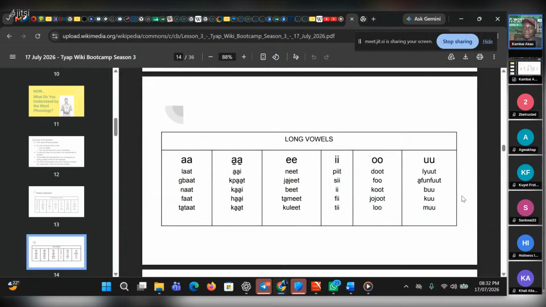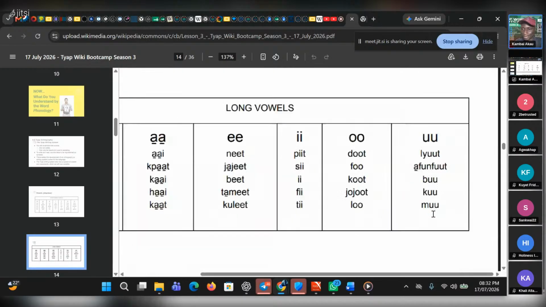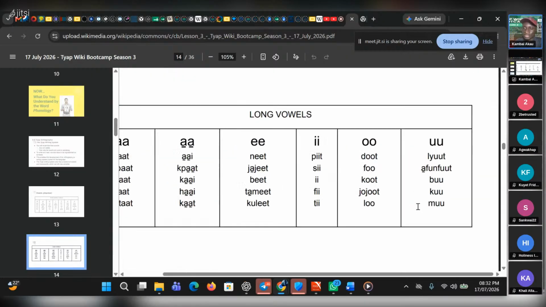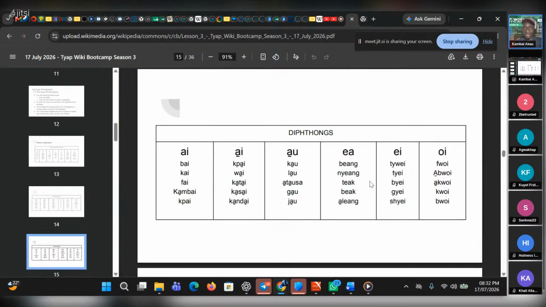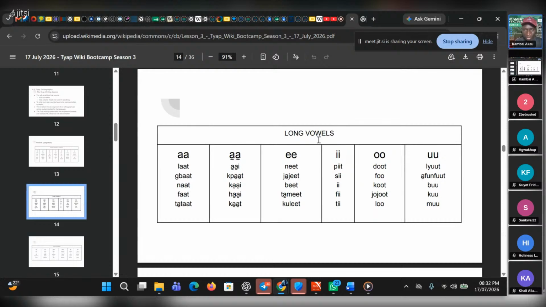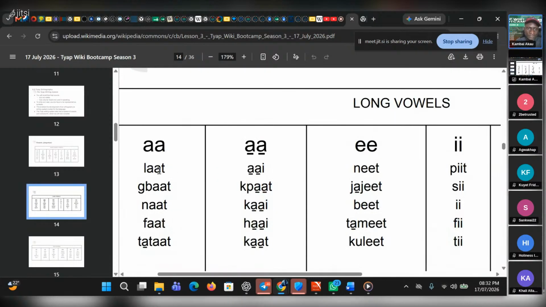So we also have the moo, which is like the cry of a cow. And then we have the diphthongs. The diphthongs, you can see that the long monophthongs are having to do with the same letter that is being